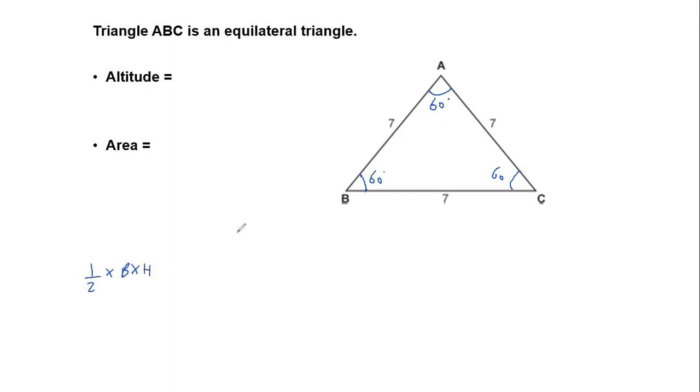But here we really don't have to do this much. We have to directly remember the area of an equilateral triangle is root 3 by 4 side square. So if I know the side, which is 7, I can directly figure out the area, that's root 3 by 4 side square. And the height of an equilateral triangle is root 3 by 2 into side.